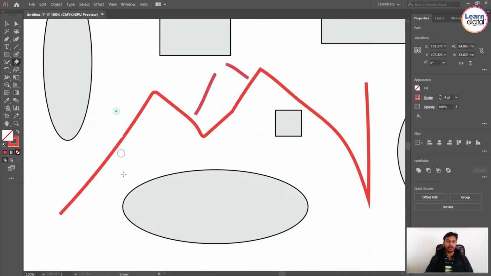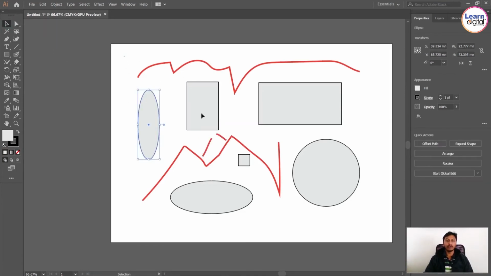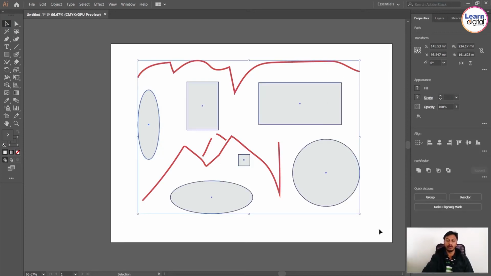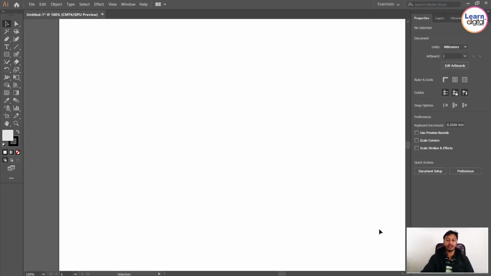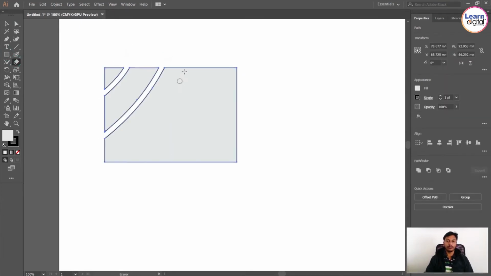If you erase a path, is it working? No. Why it's not working is because whatever things we created, these are not our basic shapes. This one, we have drawn with the help of the shape tool. To use the eraser, you always need to use your normal shapes. Now use the eraser, you can see.